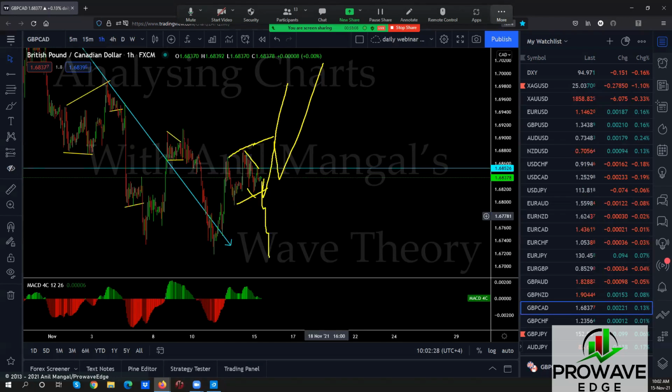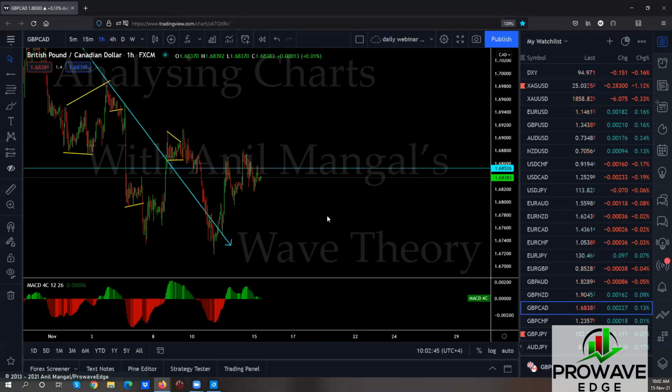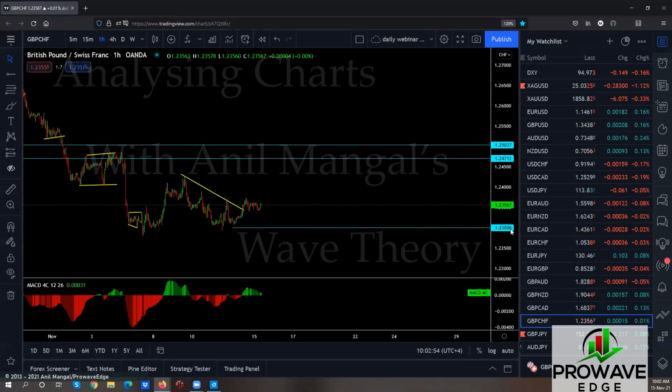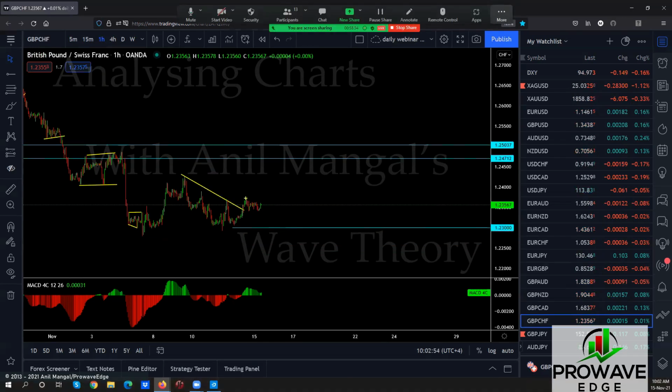If this is just dropping, you probably don't have a sell setup. Right? Because you can look at the structure and say, well, that's not a good sell setup, but a buy might be a better idea. Pound Swiss? Yep, the buy is a better idea here. This will probably give you a buy back to the top here. And then we can look at all of this as a possibility for one more down.